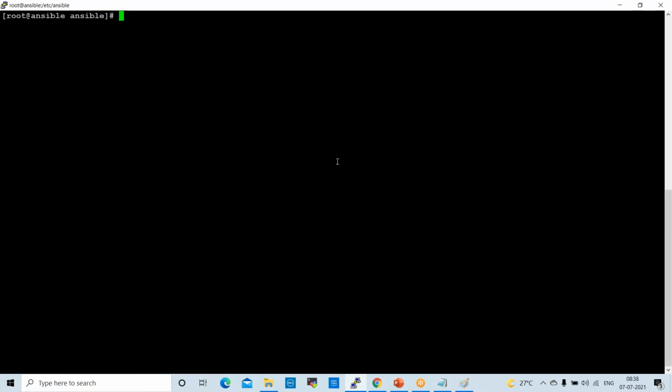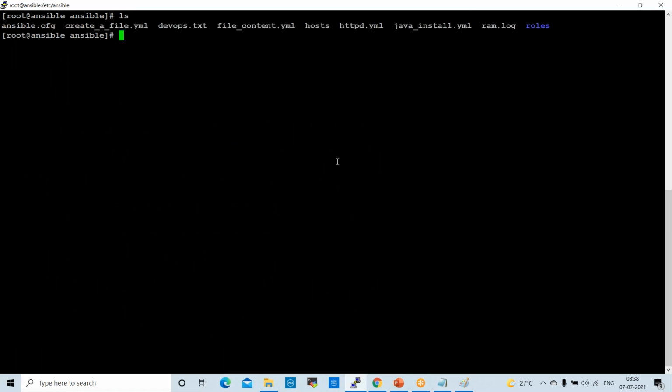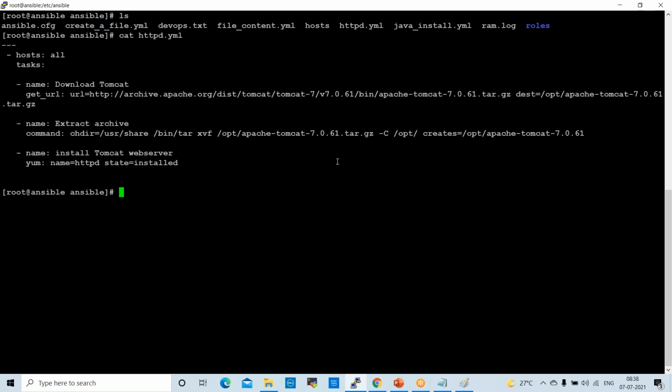Clear the screen. Now if you want to open this file using cat, cat httpd. Now it is showing the playbook, whatever playbook is available inside of the file. It shows the playbook because we have removed the password. There is no password protection, right? There is no encryption. Like this, whatever files you want, you can convert into vaulting to protect the playbooks. Okay, so we can convert like this.